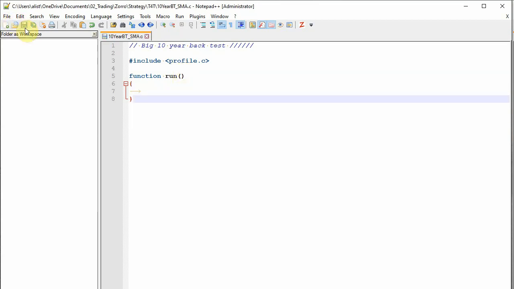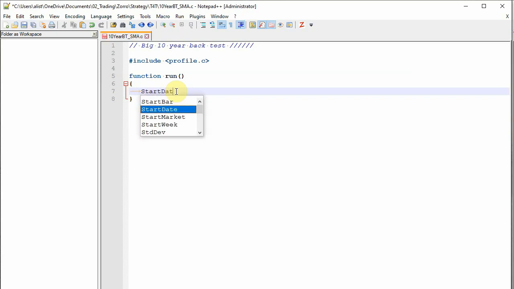So we'll just click save here, and then we'll get started. So we're going to do a 10-year back test. So I'm going to use the period. So we'll do the start. We'll just write the start date, and you can see the variable comes up,